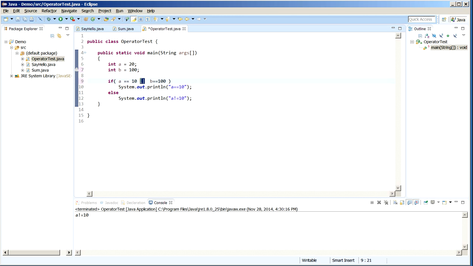let's just firstly with and. A is 10, 20, B is 10. Let's change it to true and false to make it simple. So a is equal to 10 and b is equal to 100. That's not true, because a is equal to 20, so it